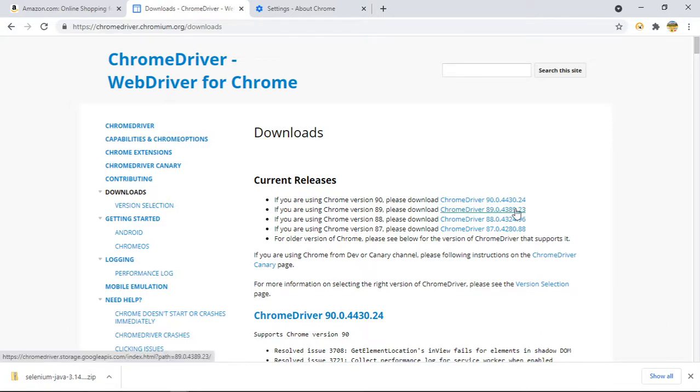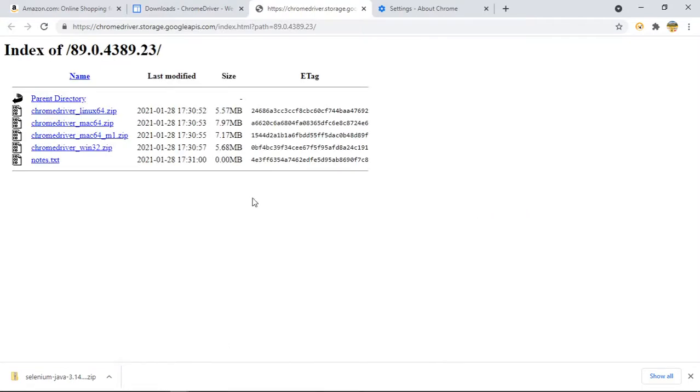This is basically a .exe file. So click this, and here you can see Linux and Mac operating system. As we are working on Windows, 32 or 64 doesn't matter, it will work on both. Basically they have provided 32 only. So click this. You can see 5.7 MB, and let me open the folder where it is downloaded.